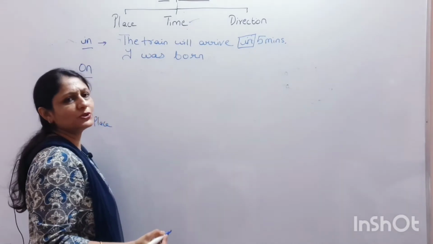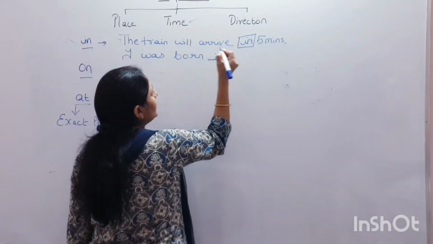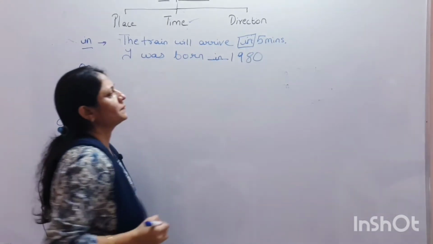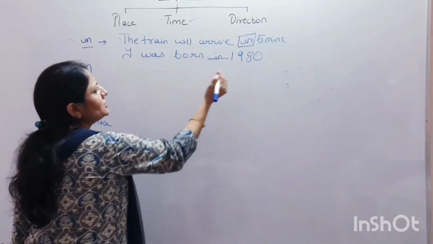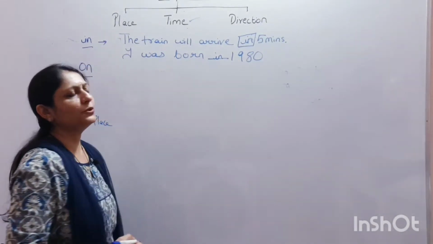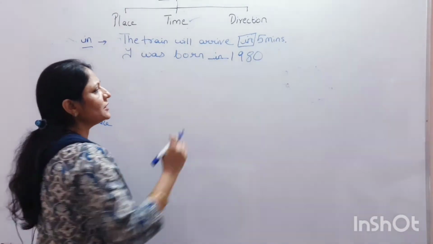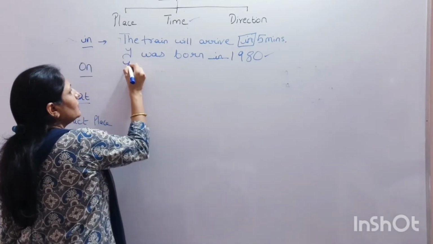If someone wants to tell his year, I was born in 1980. This is the year of birth of anyone who was born. So again we use the preposition in. Now if this is with years we use in, then